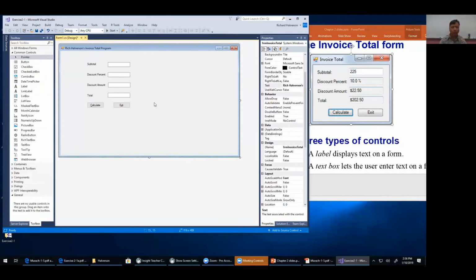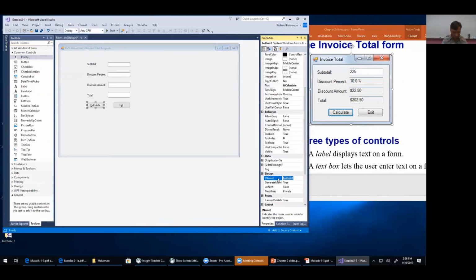All right. And they're named, oh no, they're not named. BTN calculate, and BTN exit. Okay, so we have done that. Let me go back to our